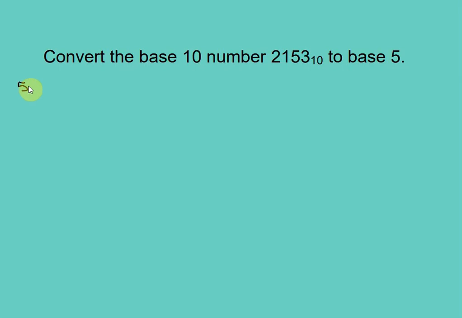We're going to start with 5 to the 0 power, which would be 1. 5 to the 1 power is 5. 5 squared is 25. 5 to the 3rd power is 125. 5 to the 4th power is 625. And then 5 to the 5th power is